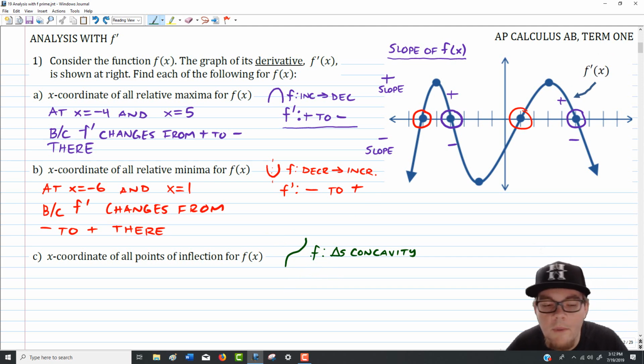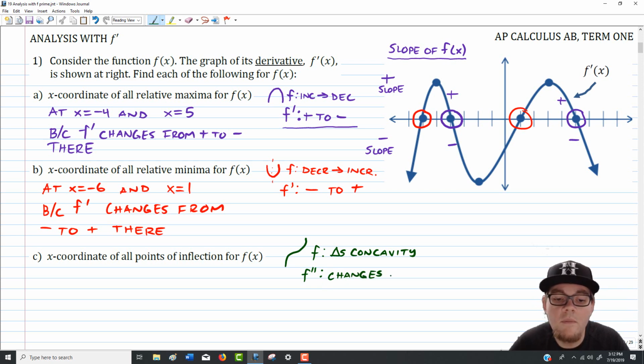So other things, what else do we know about concavity? Well, points of inflection occur when the second derivative changes signs. So the second derivative might go from negative to positive, or positive to negative. So that's helpful, except not helpful enough in our particular case, because once again, we have f prime. So our question really is, what is f prime doing when f double prime changes signs and when f changes concavity? Well, in our case, f prime is changing